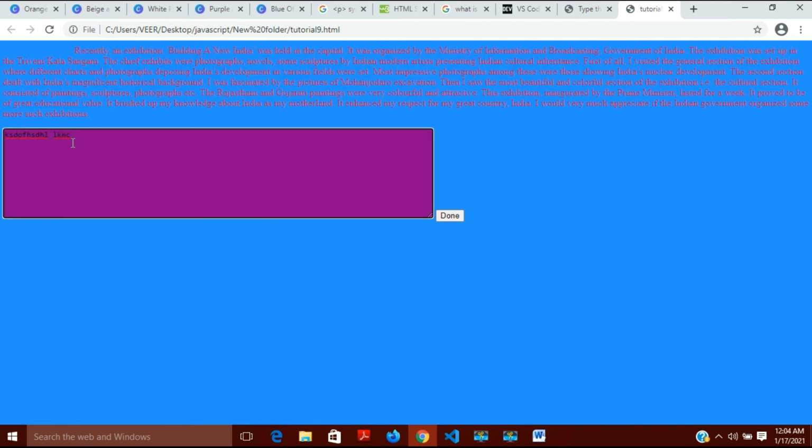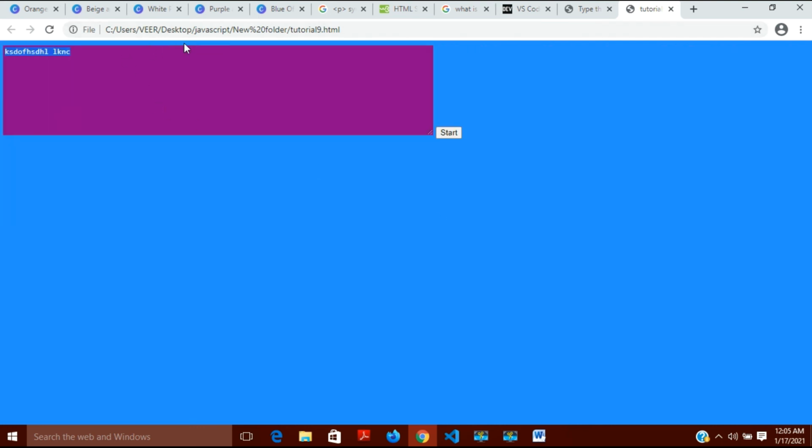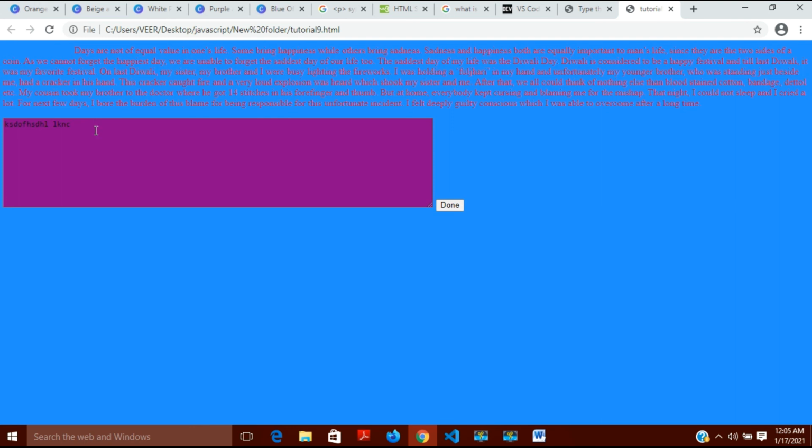But still you can see that one more thing is there: this text area is not getting cleaned by itself. For example, if I write here, now I will click on done, then it will not take paragraph from me, it is not writing anything. But now if I'll start it again, then a new paragraph has come, but the old text is still here. I don't want it to be, it should automatically be removed.